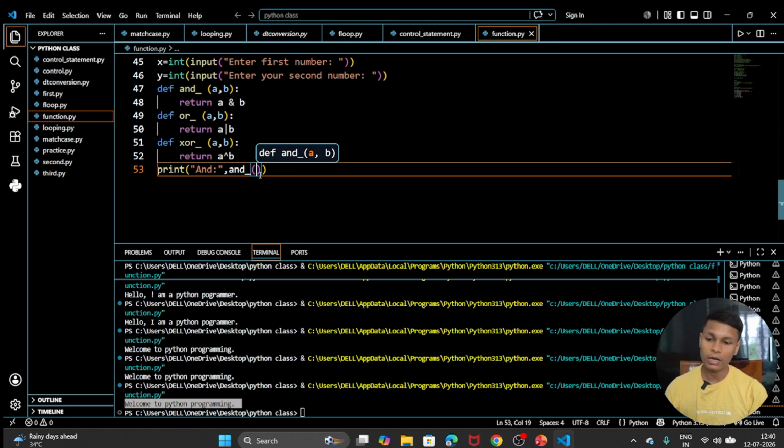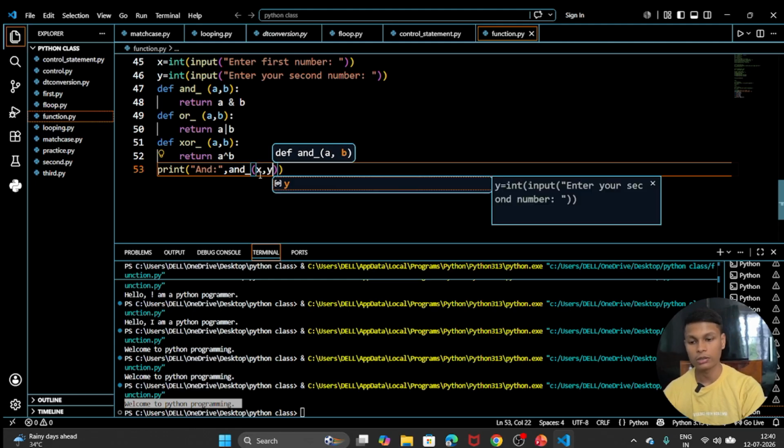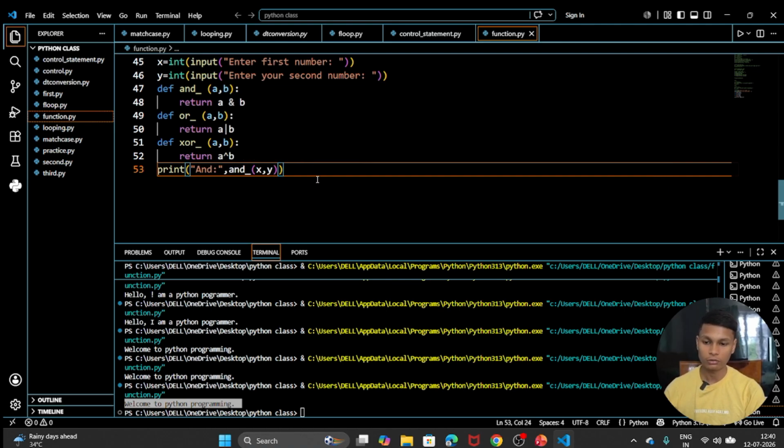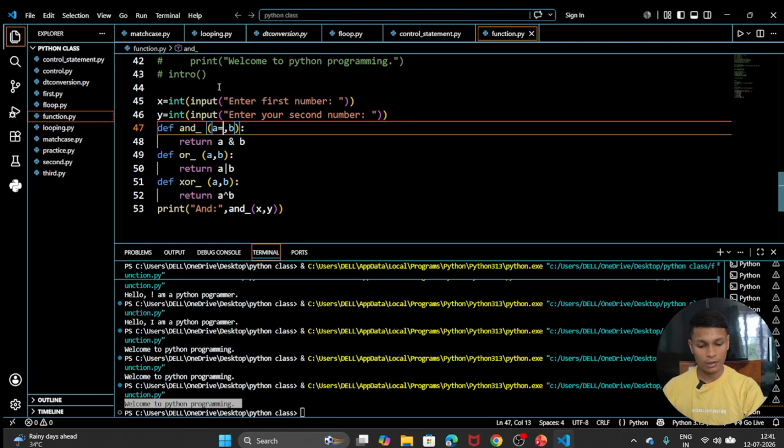So what we are going to write in add is x and y, because we are going to take input from the user with the names x and y. And what type of argument is this? Is this a default argument? No, this was not a default argument. If this were a default argument, it would be specified here as a equal to 0 or something like that. Or if it was the keyword